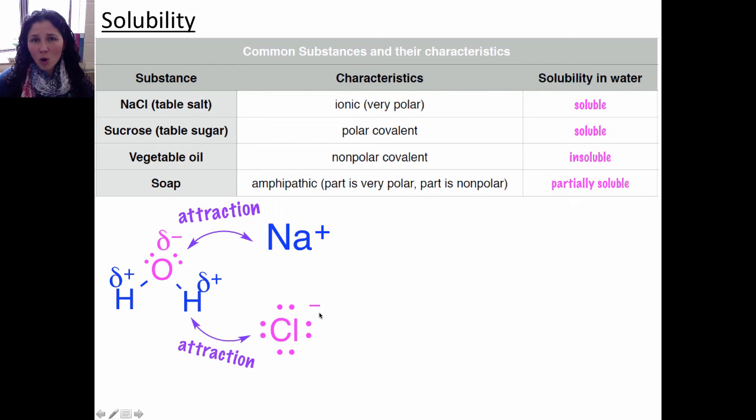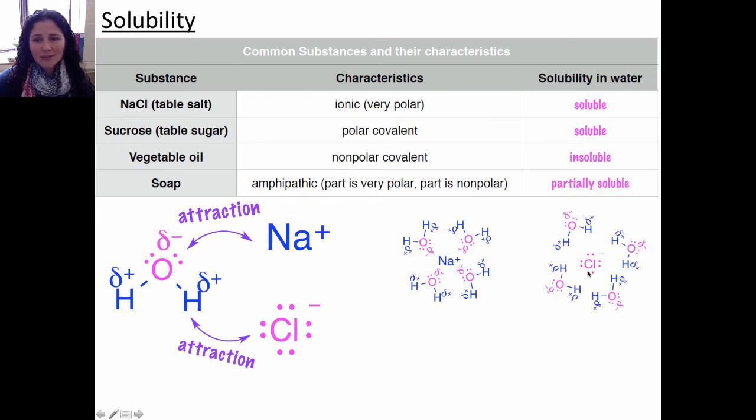But when they're dissolved in water, they are less attracted to each other and they're allowed to disperse. The reason is because the sodium and the chlorine are both attracted to water. Water will actually cage the sodium and the chlorine ions. It's something like this. The sodium ion will be surrounded by the partially negative oxygens of the water molecule, and